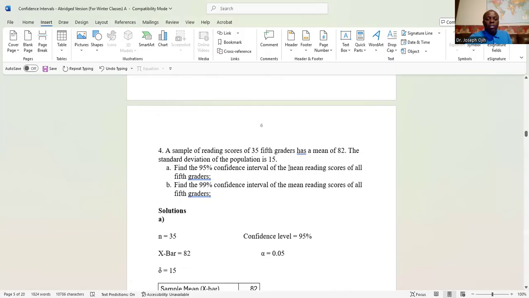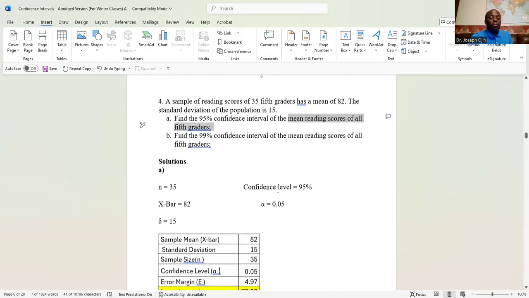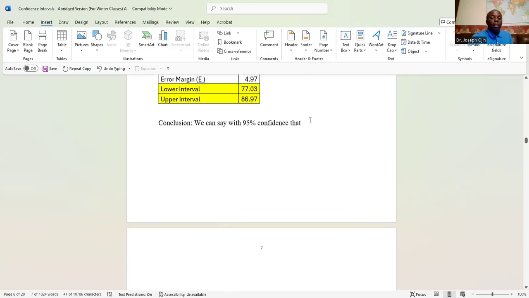So that means the average reading scores of fifth graders, that's the average reading scores